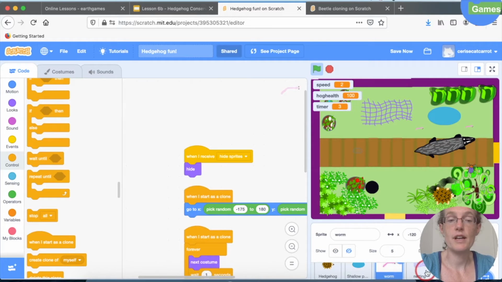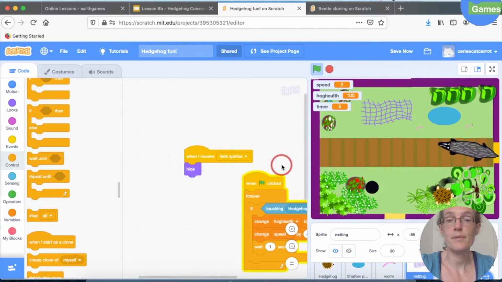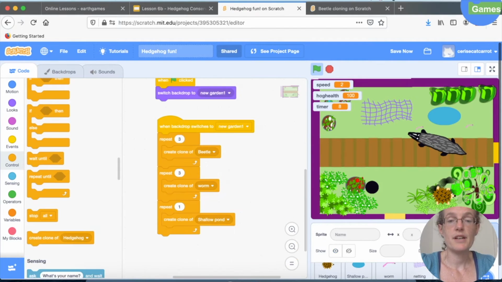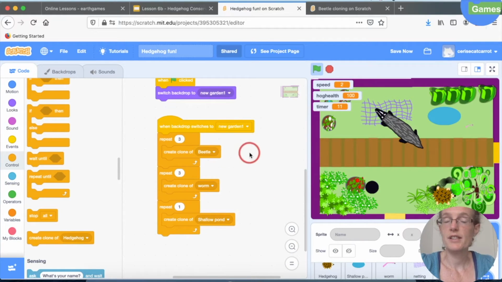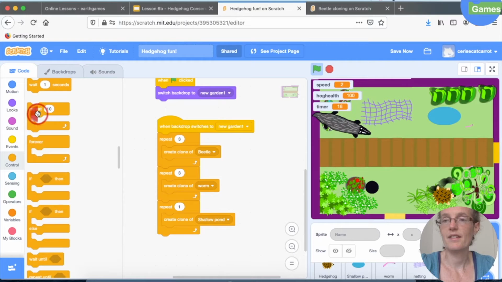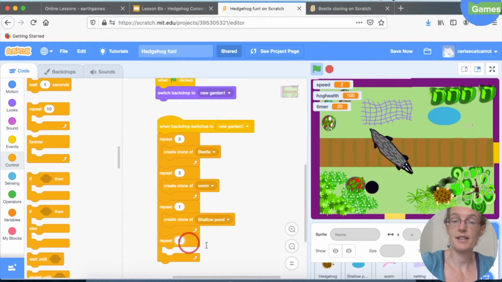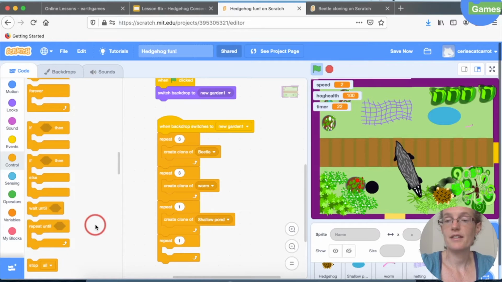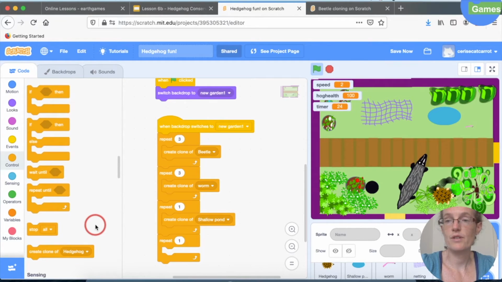We've done the worm already. Let's look at the netting. Let's add it to the backdrops first. So click on the backdrops, and this is the code for the backdrop area. We'll get another repeat block. There we go. I'm only going to have 1 netting and get the create clone of block, again from the